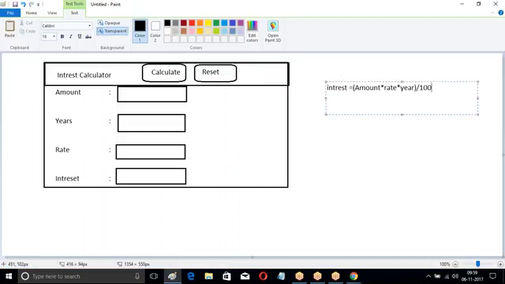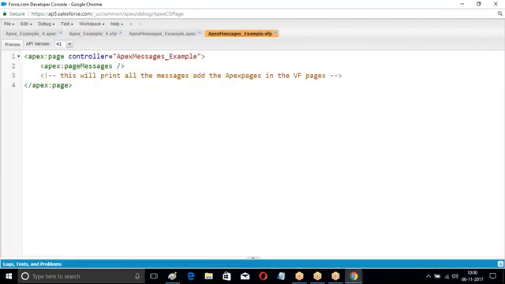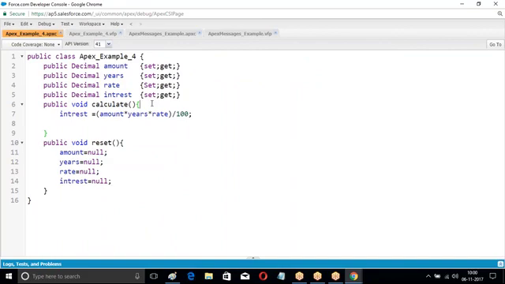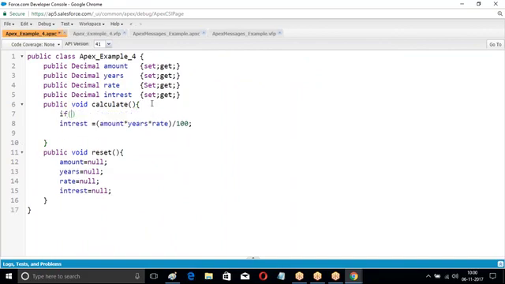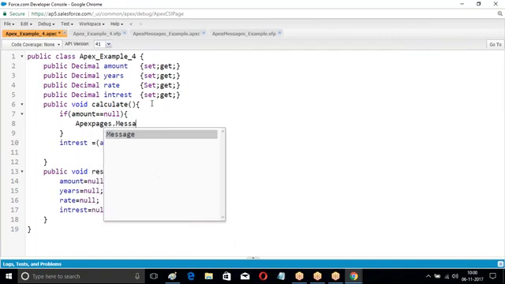What was an example? Create some page. If amount is not entered, throw error message. If yes are not entered, throw error message. If ready is not entered, throw error message. I want to apply some error messages. So what can I do here? Your previous example, here I am checking: if amount equal to null. Why am I taking null? If you don't enter any value, the default value is null. Effect page dot